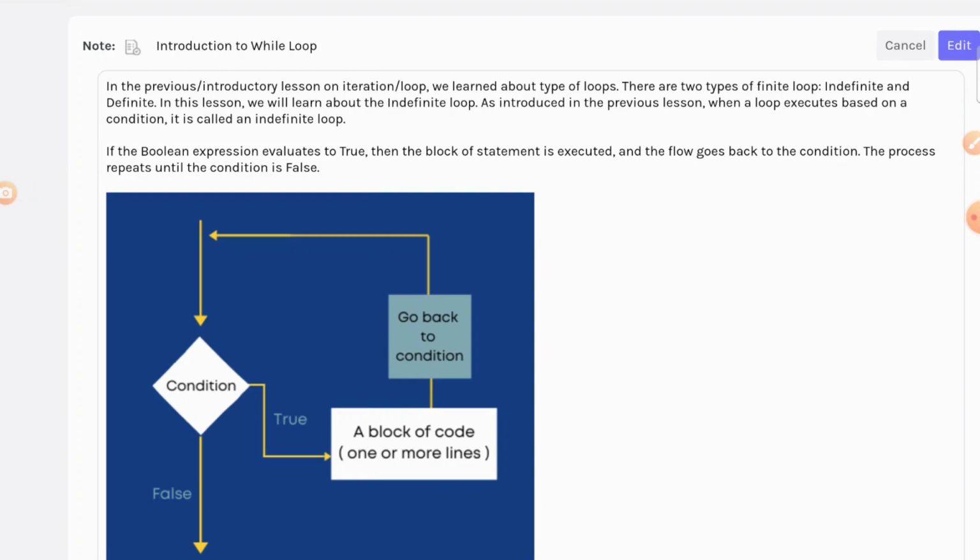Currently we are learning while loop, and in today's class we will go over some of the basic concepts of while loop. In the previous class I used two words: one is definite and another is indefinite. I intentionally did not use the word while. However, in Java